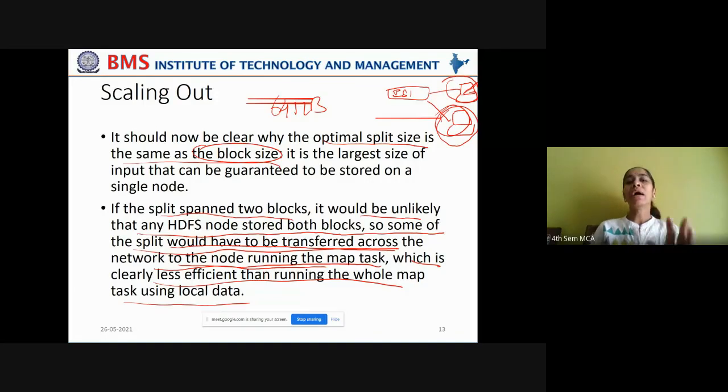You have to compulsorily perform the data transfer from one node to another node in order to execute that map task on that block of data, which is spread across two data nodes. Got it? Because of this, it becomes less efficient than running the whole map task using one single data node. That is why we tend to keep the optimal split size the same as the block size, and that is 64 megabytes.